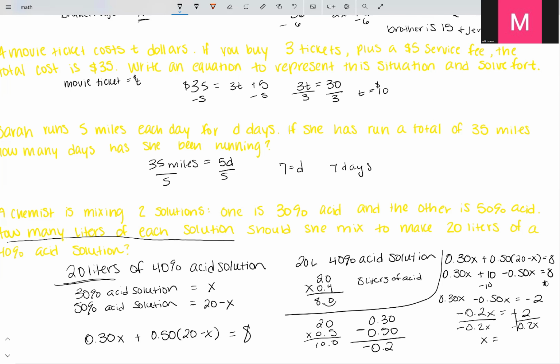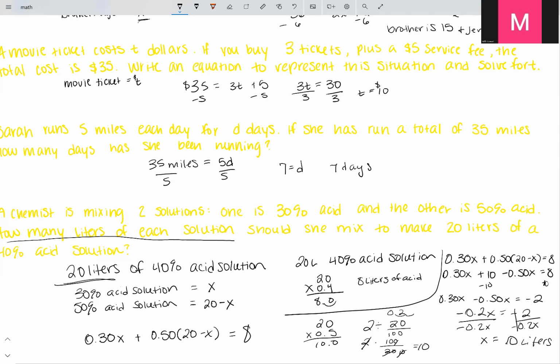That will cancel out our negatives. But again, I don't like to divide by decimals. So we've got 2 divided by 0.2. Move our decimal twice. That's going to be 20 over 100. So then we'll say 2 times 100 over 20. And we will cancel these out. That's going to be 10. So x equals 10. So it actually is 10 liters